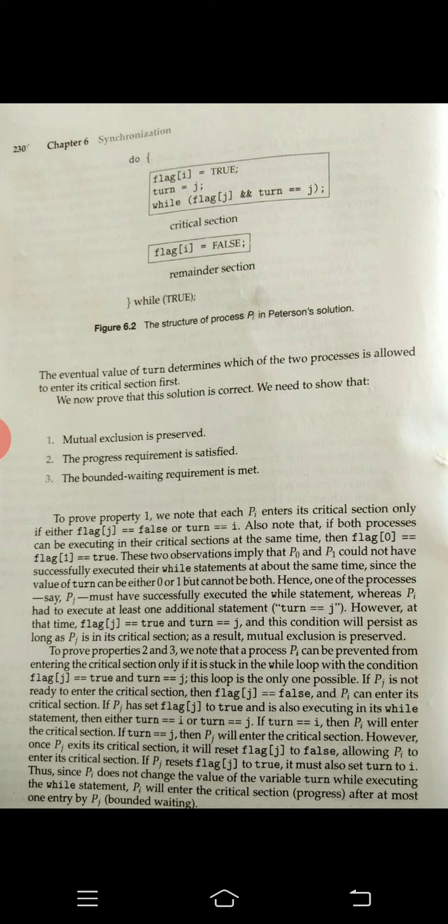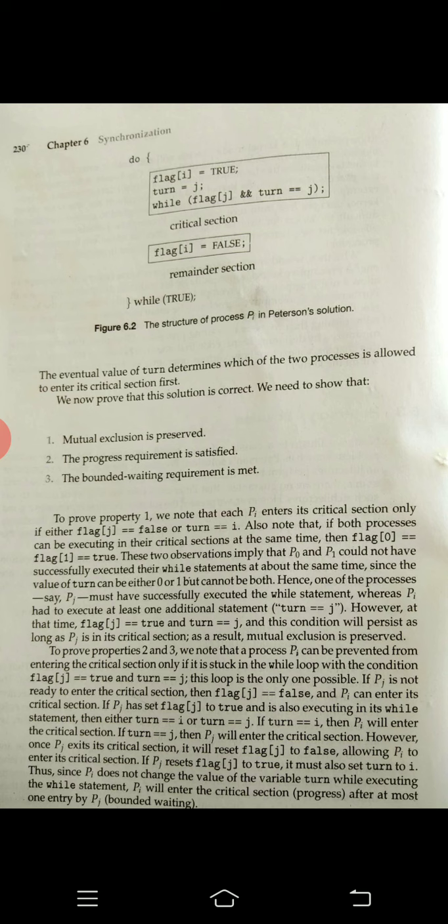Since there are only two processes, process Pi and Pj are considered. Pi is ready to enter into its critical section. After Pi, who should enter into the critical section? Pj, is it not? So turn is equal to j. Turn is indicating which process is going to enter into the critical section next. So flag is equal to true and turn is equal to j is set.